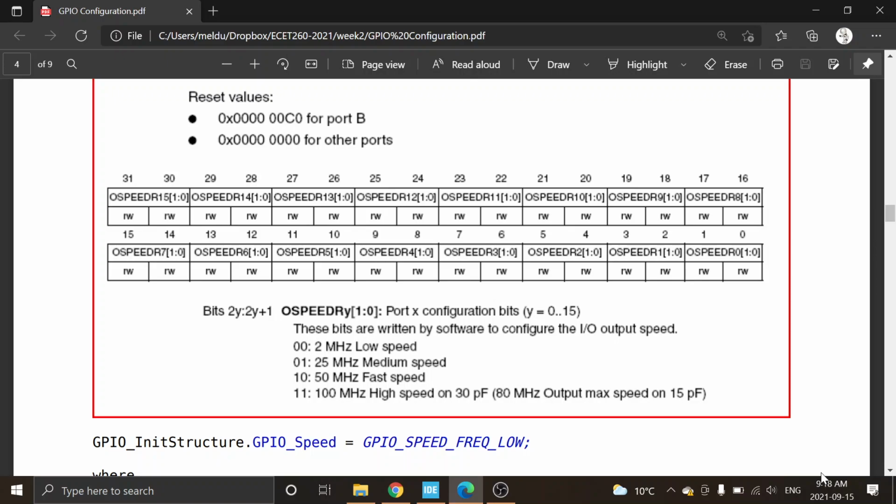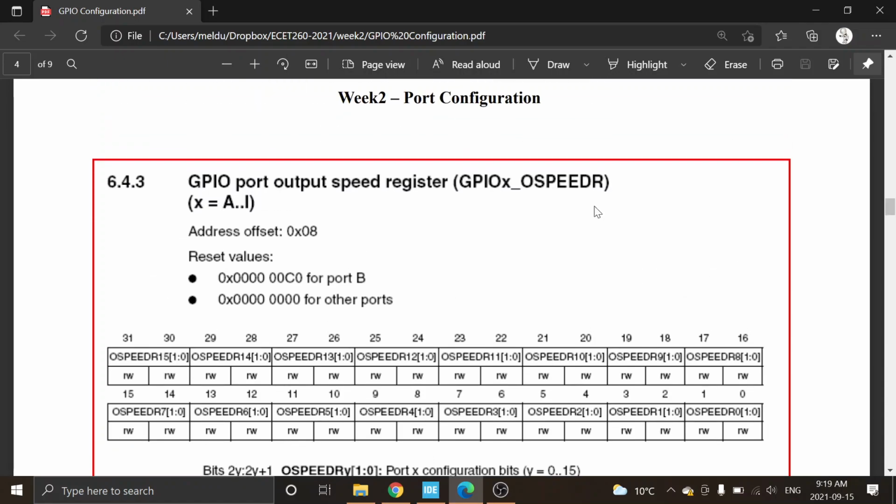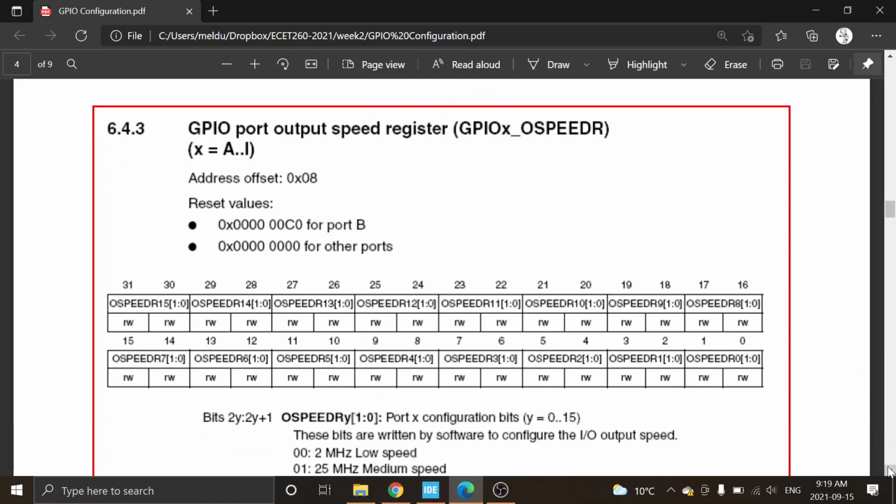And by default, it is 0 zeros on most of the ports, but it will go through and it'll go 0 0 0 0 0 0 0 0. And this offset is 8. Again, we had the base address, and then you had the next register, and then you had the next register, and then from there,